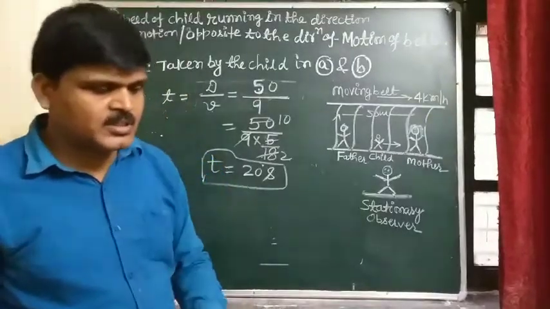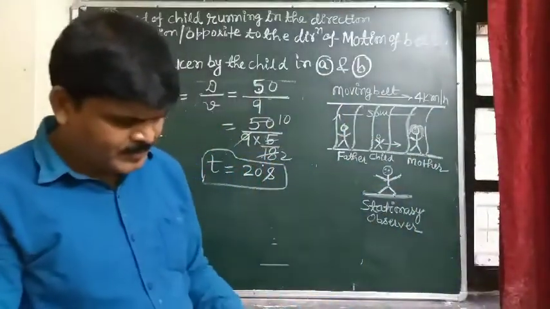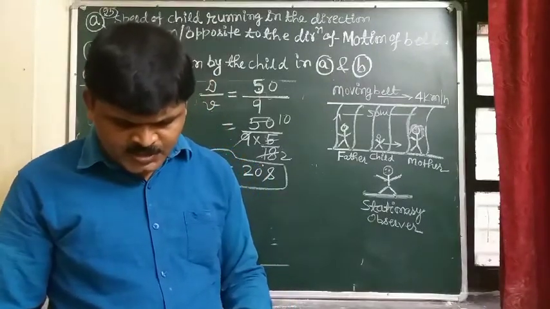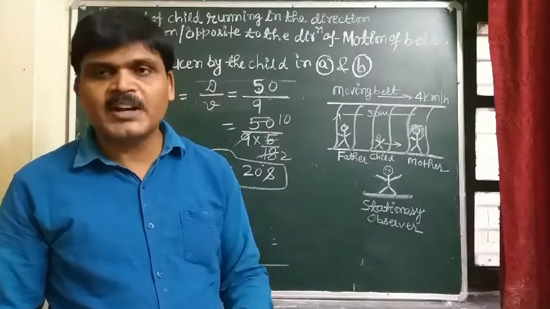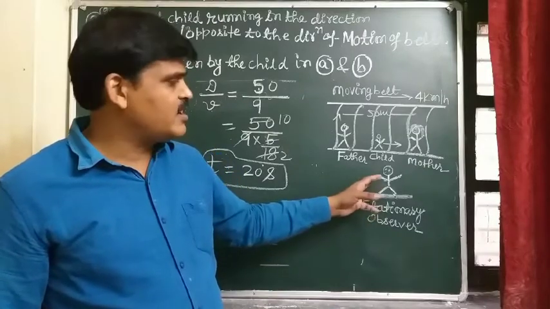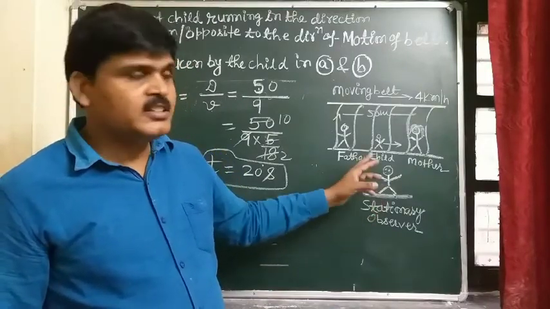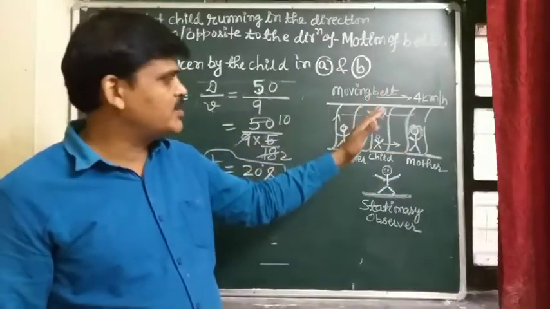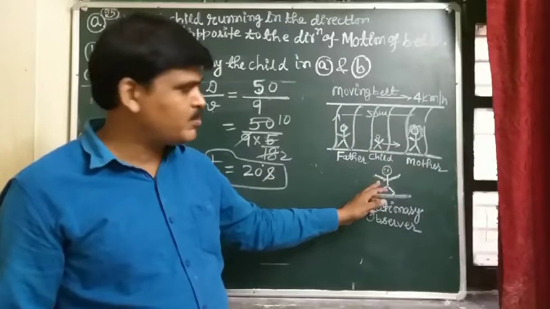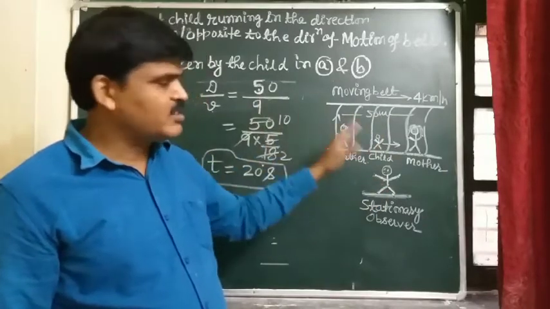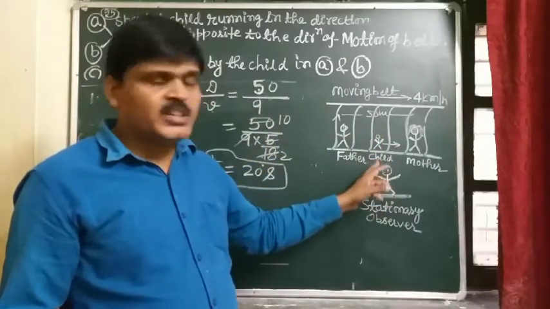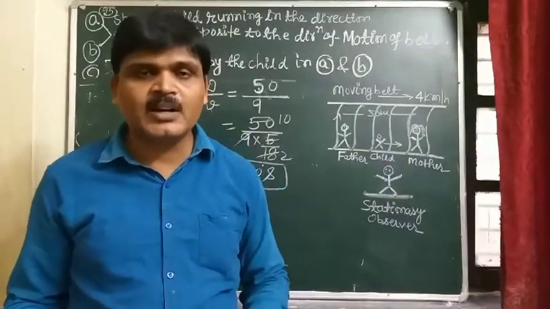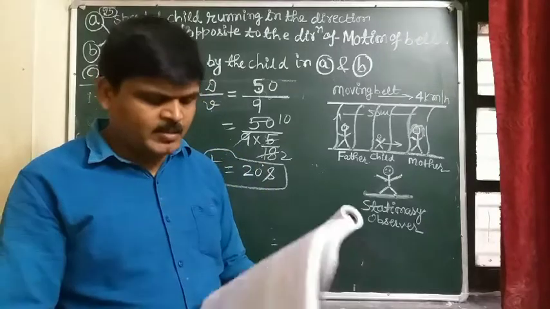And the last question, students: which of the answers alter if the motion is viewed by one of the parents? When the stationary observer sees the speed of the child moving in the direction of the motion of the belt, it is 13 kilometer per hour. In the opposite direction of the motion of the belt, the speed of the child as observed by the observer is 5 kilometer per hour, in cases A and B.